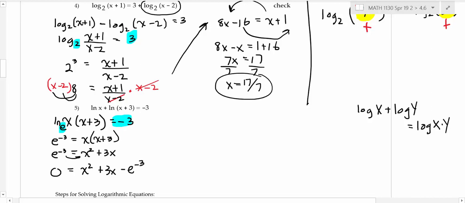Okay, so that's where I am in the problem. Does that look like anything that would factor? No way. So probably what's going to happen on this is you're going to have to use the quadratic formula. So you would have a is 1, that's the coefficient of x squared. You would have b is 3, and c would be negative e to the negative 3